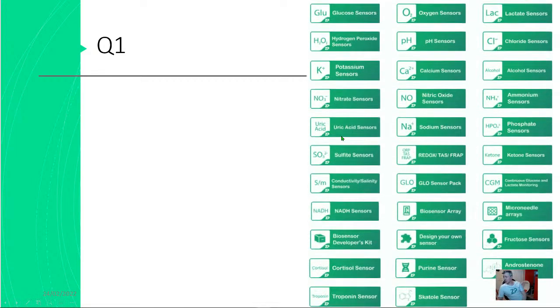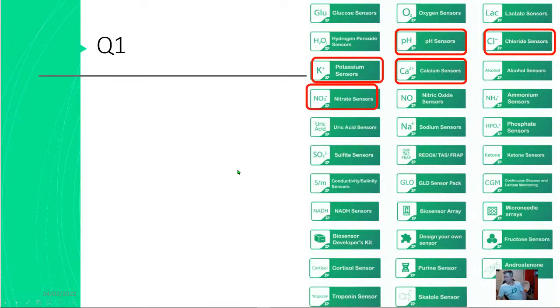Just regarding, if you want to have a low cost sort of first go at measuring ions, then the board above in the previous slides was the good one to do. That will work with our pH sensor, which is ion-selective electrode, chloride, potassium, calcium, nitrate, ammonium, sodium, phosphate, and it will also work with something called ORP,